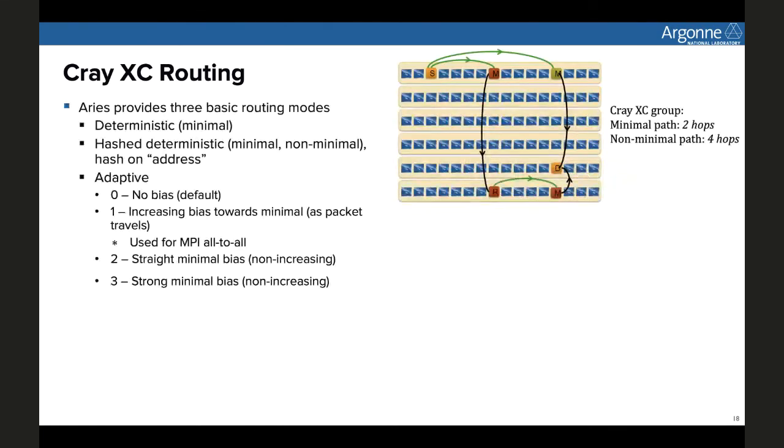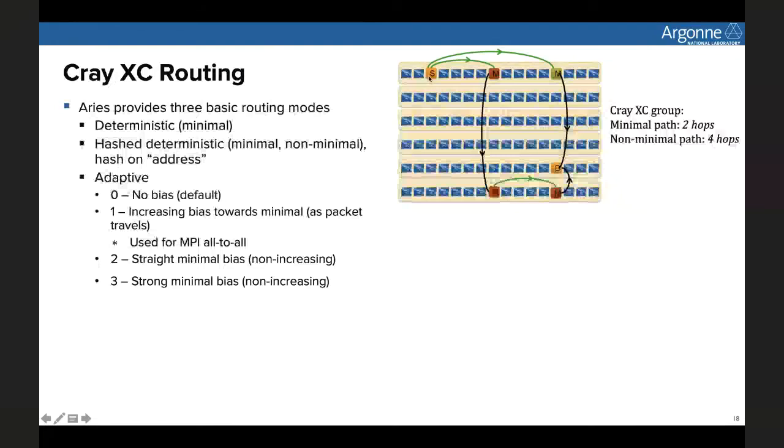Now, we discussed earlier the topology-based optimization with rank reordering, and here with the routing-based, what are the routing schemes? So the Cray XC has a Dragonfly-based topology. It's called a 2D Dragonfly. As the figure shows here, this is one group. It shows 6 chassis, and each chassis has 16 nodes.